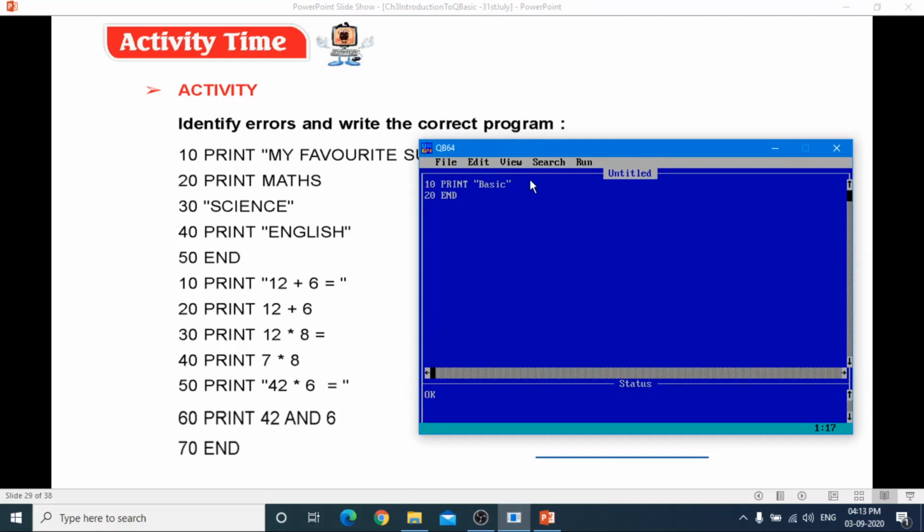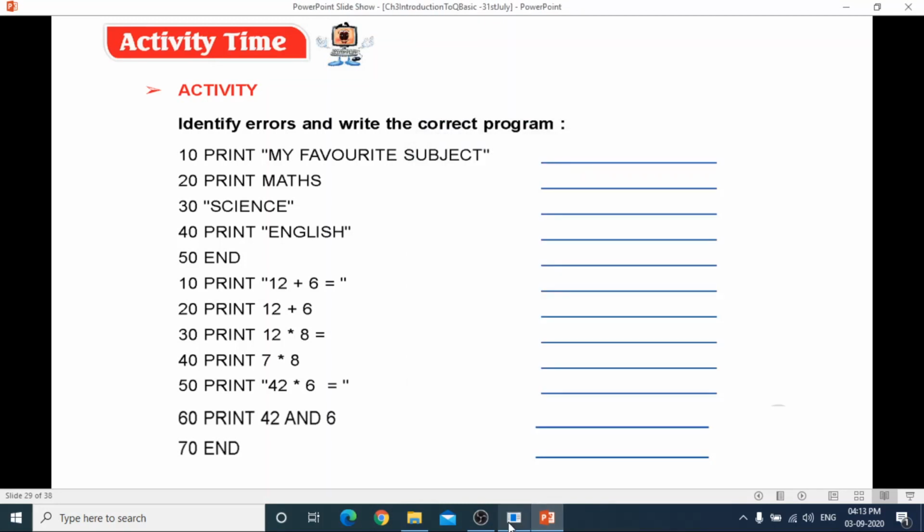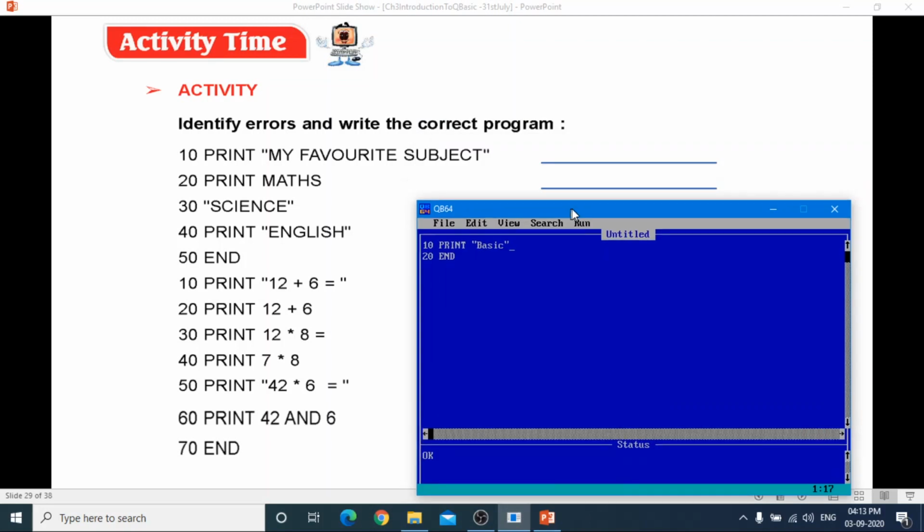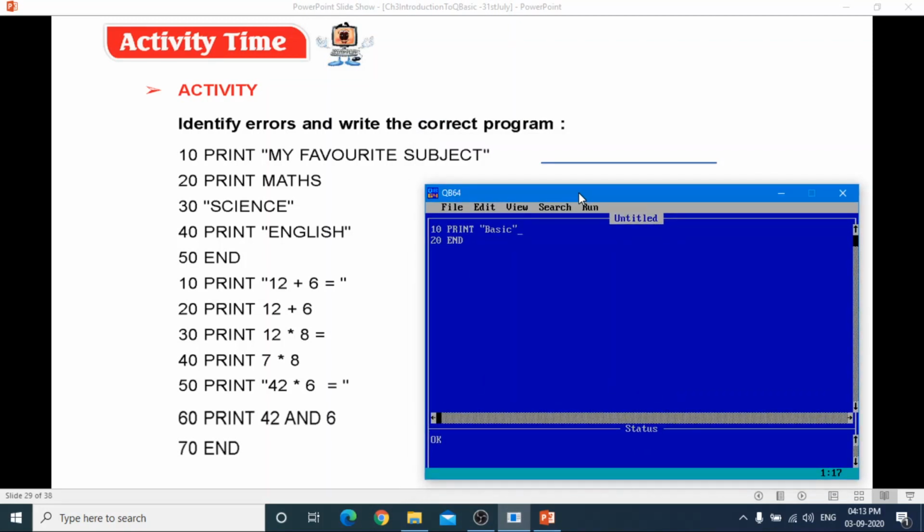The first one is 10 print my favorite subject. Okay, so here it is written, beta and sub में रहेगा. So leave it as it is. Just print 10 print my favorite subject. My